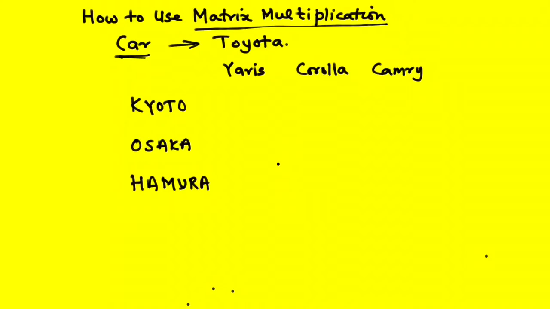Assume that the Toyota factory makes 12 Yaris cars per day, Corolla 10 cars per day, and Camry doesn't make any cars at all, so zero cars. Osaka is a small factory, so only 4 Yaris cars a day, 4 Corolla cars,